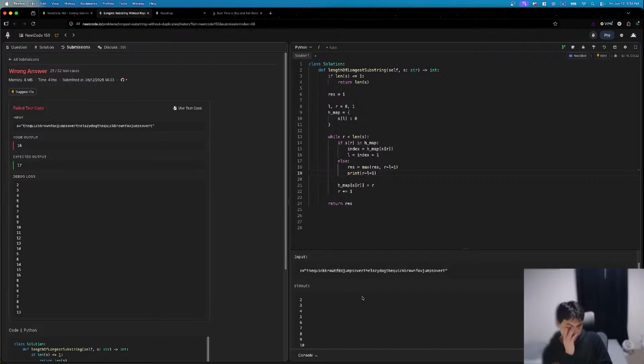Oh, I see. So when you jump, okay, so basically when you jump, when you reset the left bound,